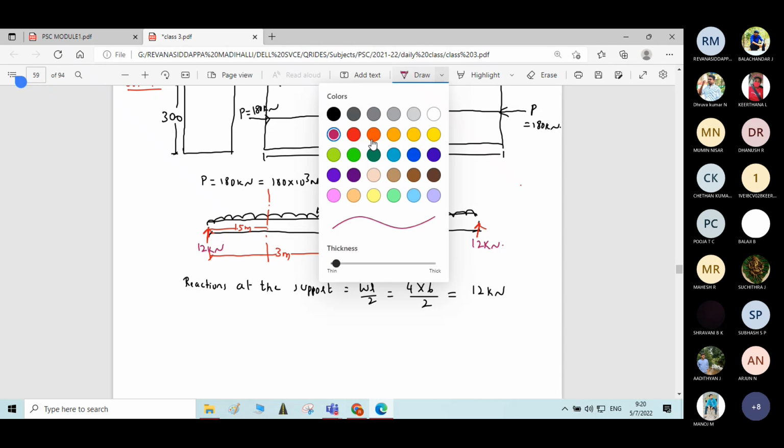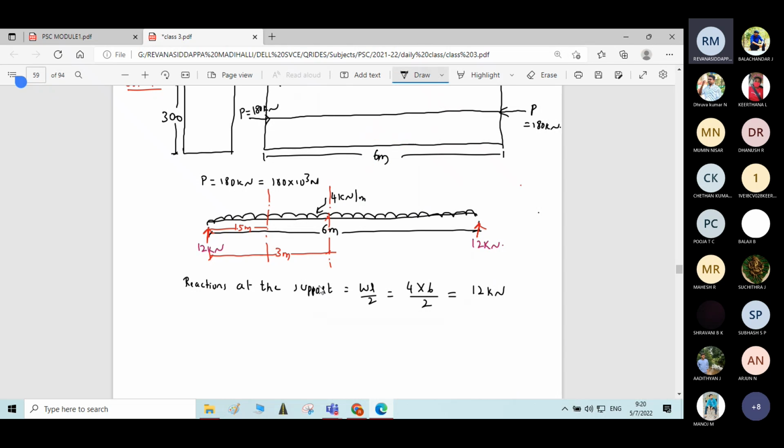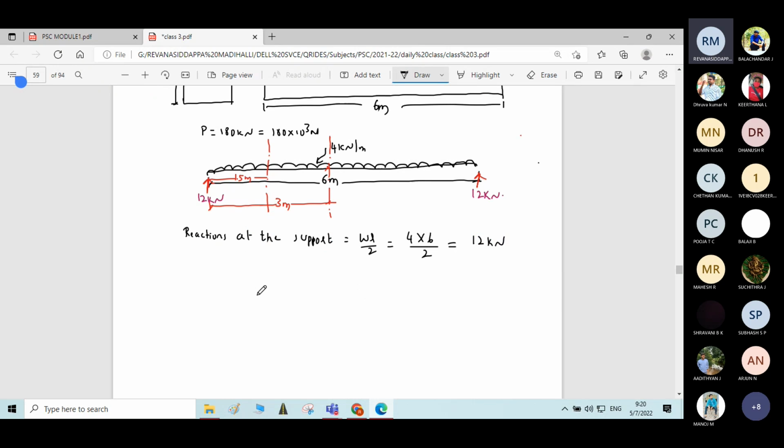Okay. Now you can find the moment at support, quarter span and mid span. So moment at support will be, what is the moment at support? It is 0 only. For a simply supported beam, moment at support is always 0. Correct? Then moment at quarter span